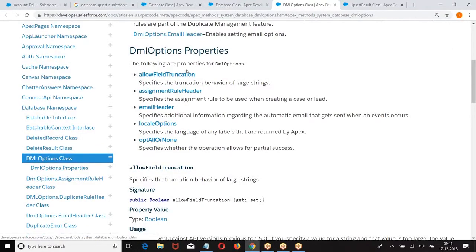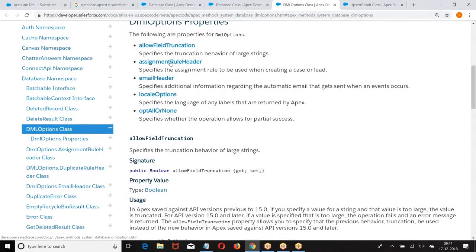Allow field truncation. Boss, while inserting the data, the length of the field is 20 characters, but the data is 40 characters what we give. Now what happened? Obviously DML will fail. Now do you want to go for field truncation? The data you are expecting is 20 characters, the data I entered is 80 characters. Now obviously length of the data is more, DML will fail. Boss, when you are making a DML, allow the field truncation. Then what I will do? Allow field truncation.